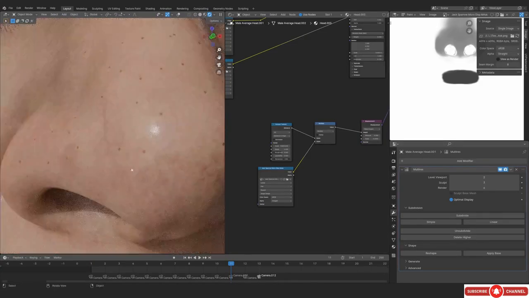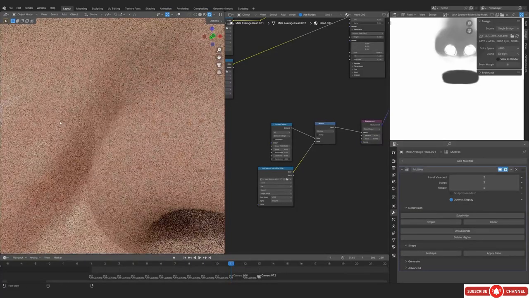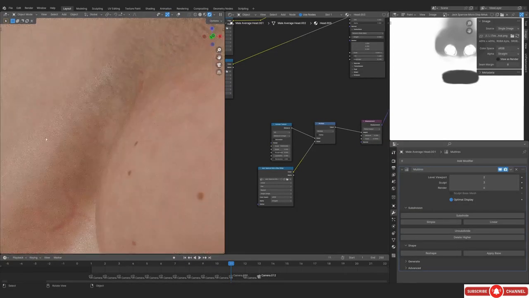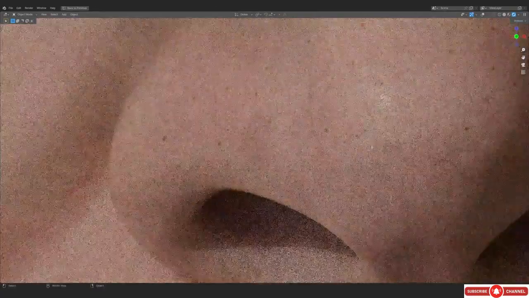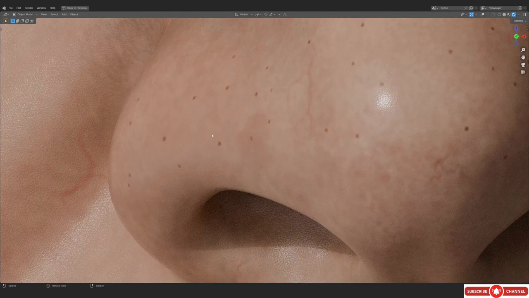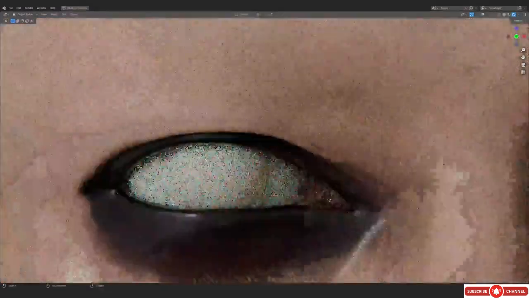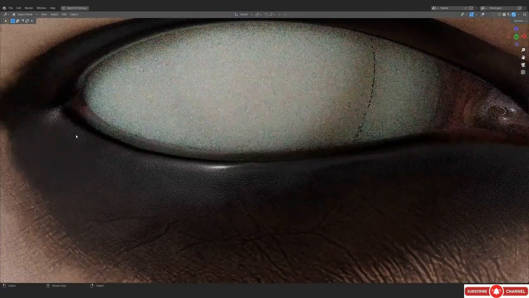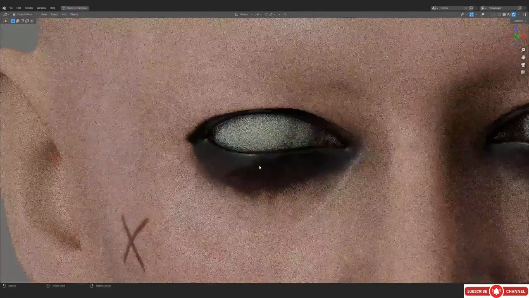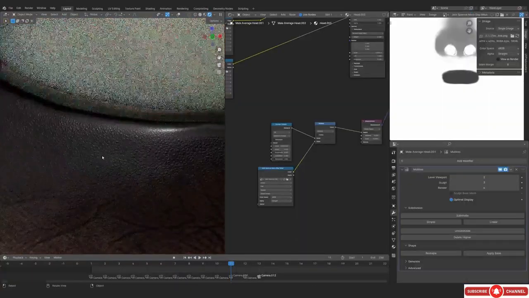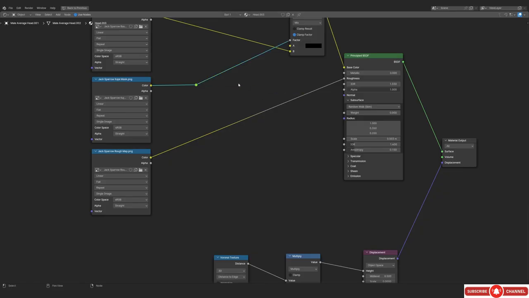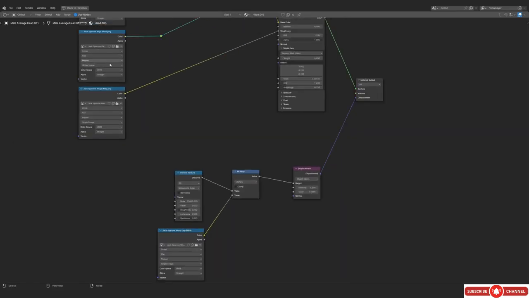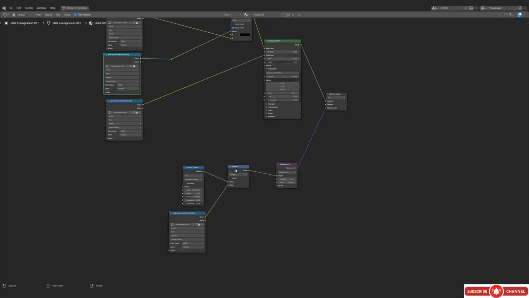So you can see that we don't really have anything in terms of micro displacement on the lips, and even on the nose the strength is a little bit low. I really hope that you can tell the difference, by the way, because yeah, now you can definitely see. So on the nose we have less strength, and you can definitely see it over here. So in simple words, that's basically what the micro displacement strength map actually does. You don't really need to overcomplicate anything, and yeah, that's basically what the map does.